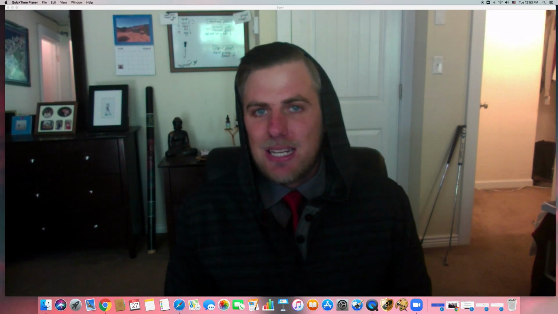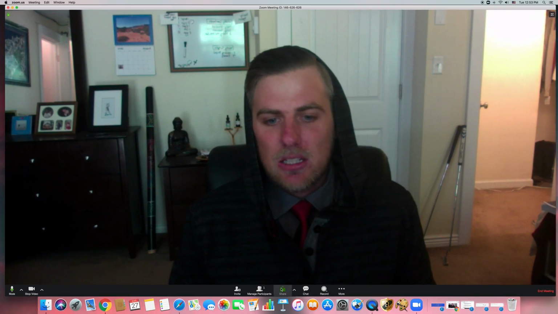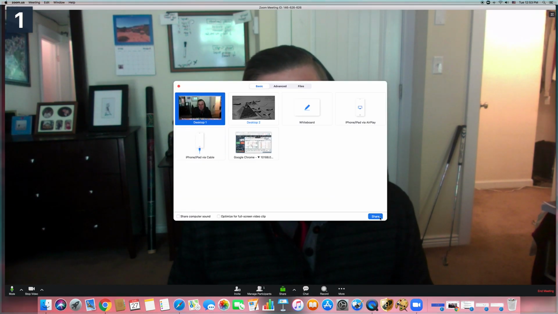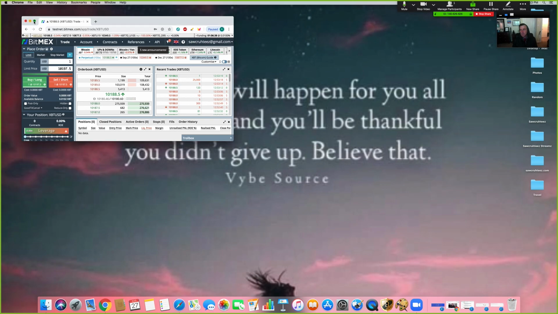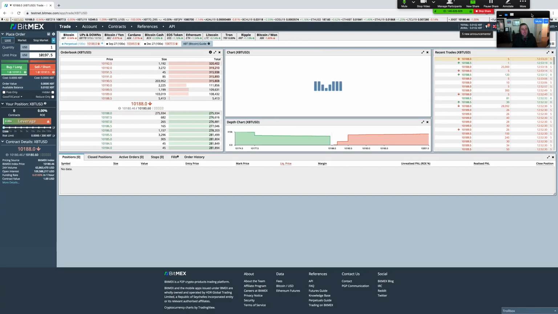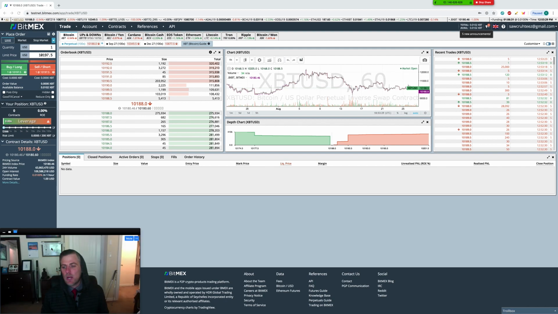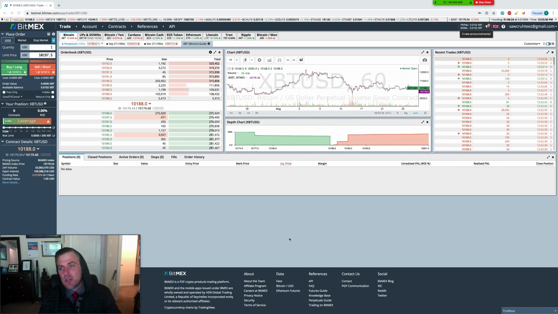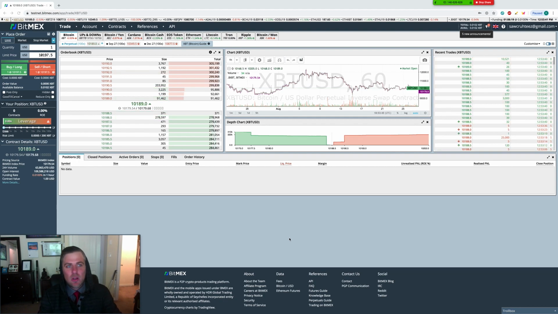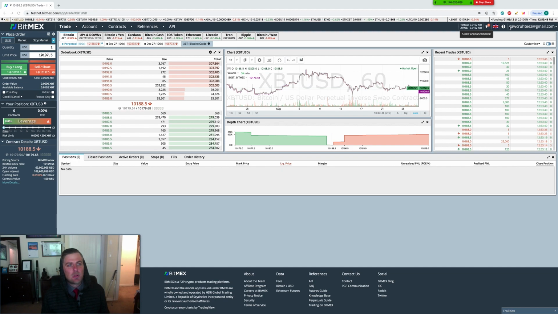So with that being said, let's go ahead and take a look at the BitMEX testnet. And that's what we've got right here. The testnet is separate from the regular network. So if you do have an account set up with the real exchange where you can buy and sell for real money, you do need a separate account for the testnet, and that is what I have set up here. You do notice that it is linked to my